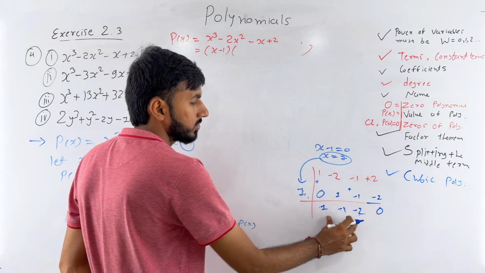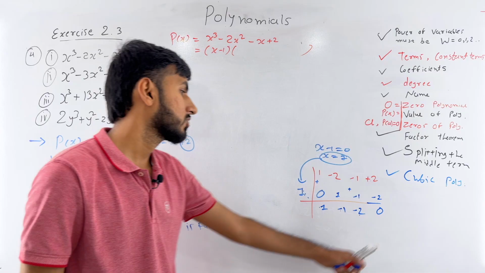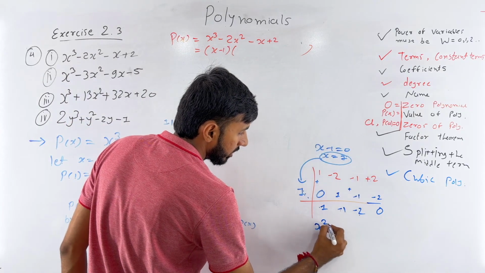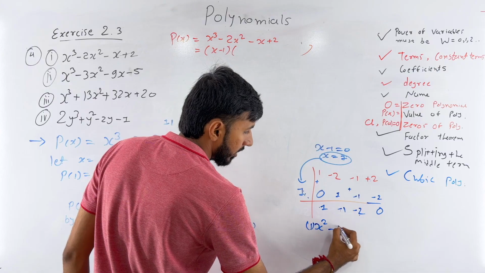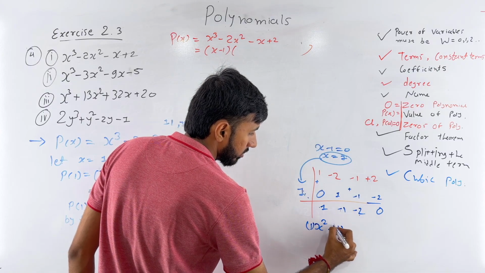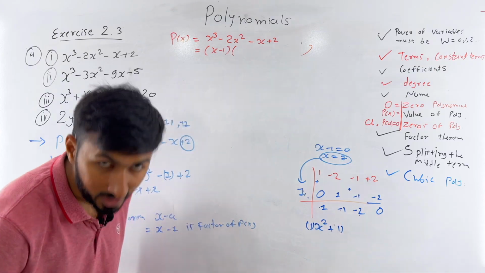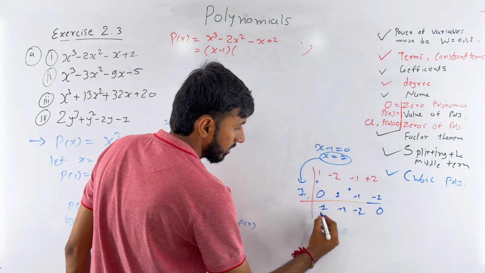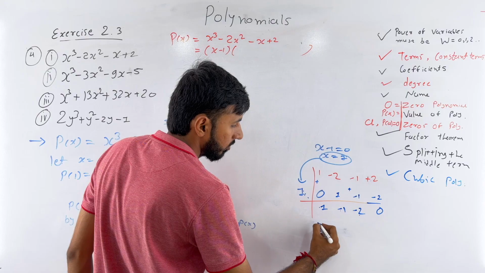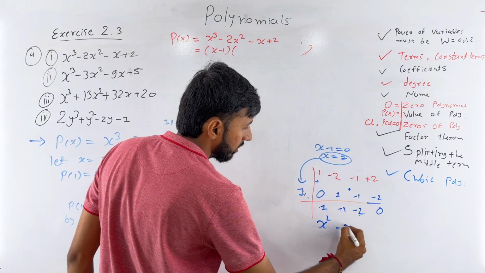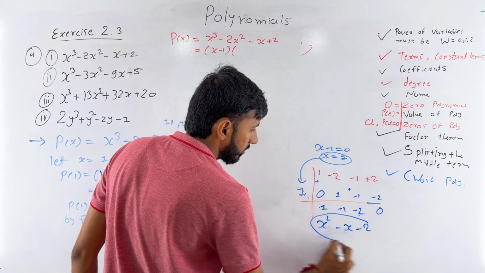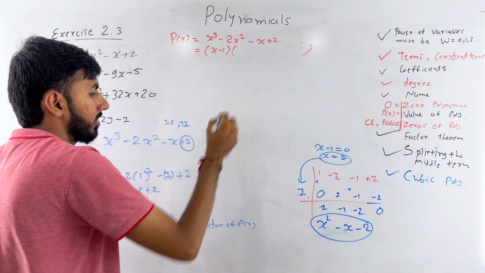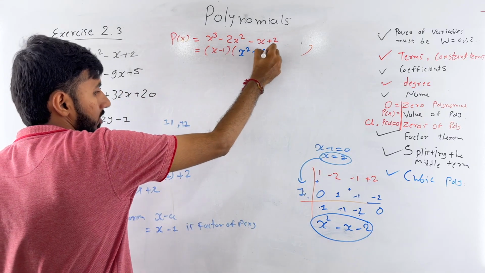These three are coefficients of the quadratic polynomial, and the last one is the remainder. So my quadratic polynomial will be x square minus x minus 2. Let me write it directly, you will get it, right? There is no rocket science in this. These are the coefficients of the quadratic polynomial. This will be my quotient once I divide this with this. So I can write x square minus x minus 2,